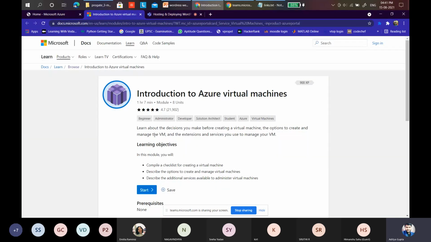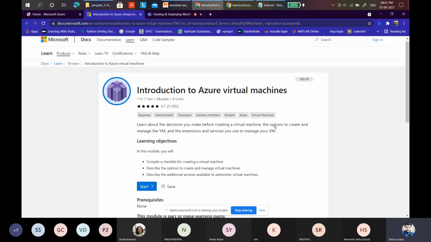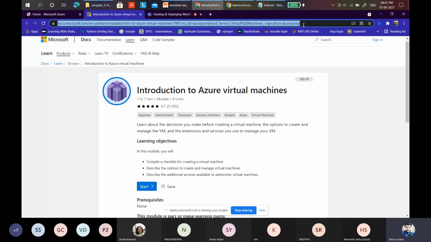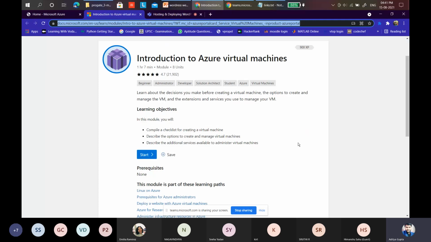So, introduction to Azure virtual machines. If you don't know about virtual machines, you can refer to this. It will help you learn what Azure virtual machines basically are. It's just like a separate instance on your computer, which makes it more effective to learn a lot. Suppose you want to learn hacking, and if there are hackers here, I know there are some in this event, they use Kali Linux.